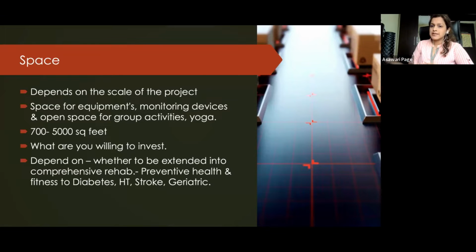So not just the secondary prevention, but the preventive health part of it. So prevention, fitness, and fitness for diabetics, hypertensive, stroke, geriatric, because all these conditions, as we know, go hand in hand. You cannot really isolate anything. So usually an individual who has undergone a bypass surgery may have a pulmonary condition, may be a geriatric person, with a history of stroke, family history or history of diabetes and blood pressure.